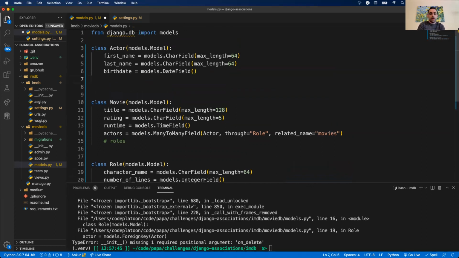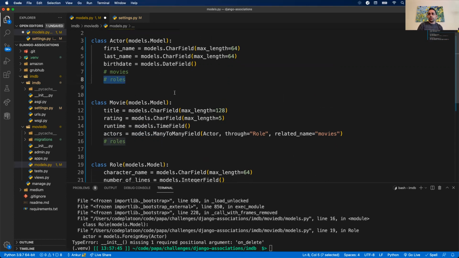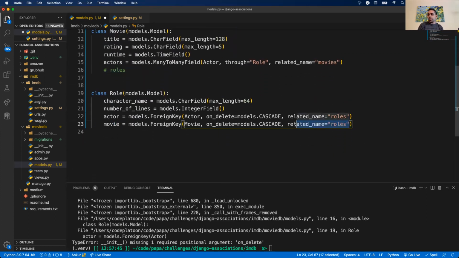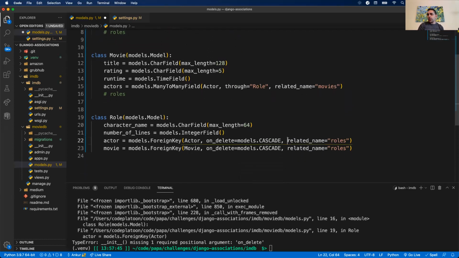Same thing for an actor. I'm effectively adding a movie's imaginary field through this many field, but also I could call Daniel Craig, what kind of roles has he had throughout his career? So I could call roles because I have this foreign key relationship with a related name. Again, this is optional. If I don't provide a related name, Django has a formulaic way to create an imaginary field for me. I believe its approach is to go role set, I think is what it'll call it. But I prefer to have my own names, so that's why I have related names here.